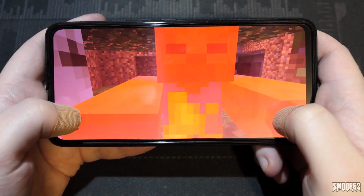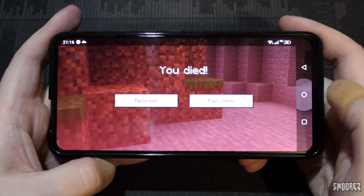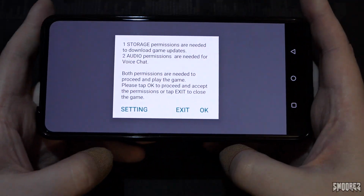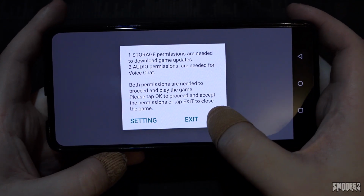Okay, mate. Well, as for Minecraft, it works absolutely flawlessly. I knew it would. It's much better than those Vulkan devices. I mean, as you would have expected. Next game I want to try is Call of Duty, because this is the next game that I usually test on a lot of phones, and this is the one that struggles quite a lot,